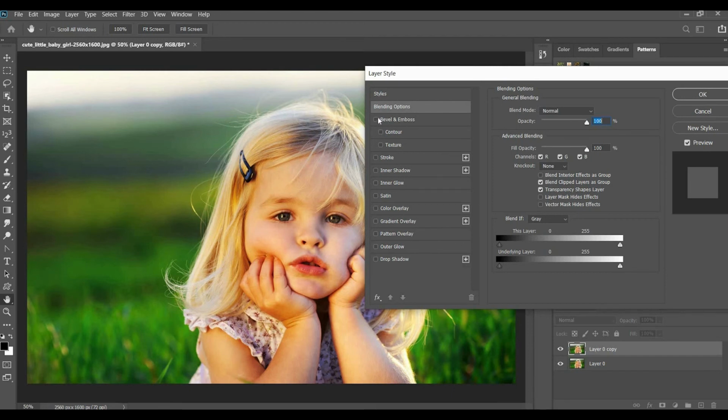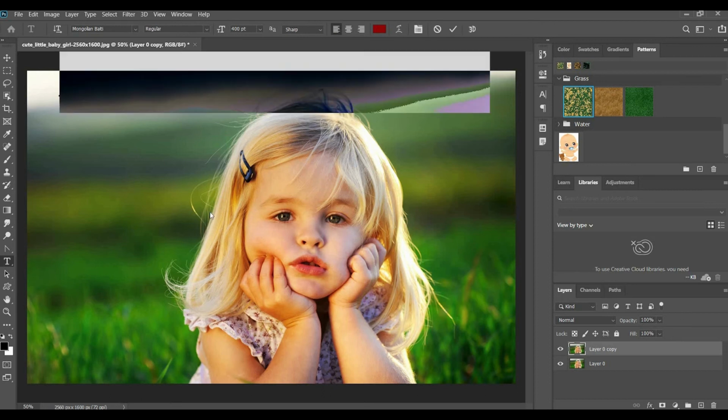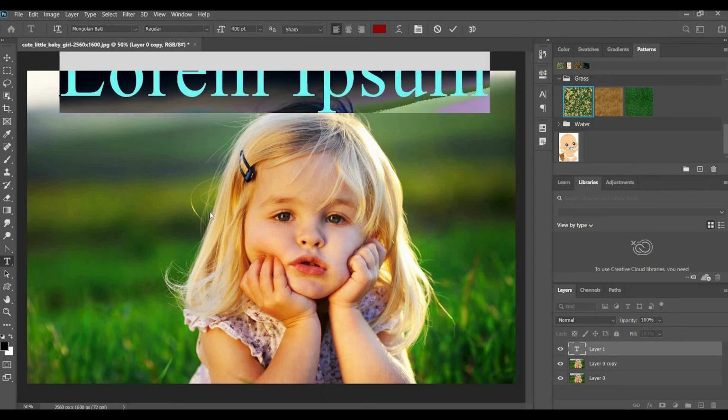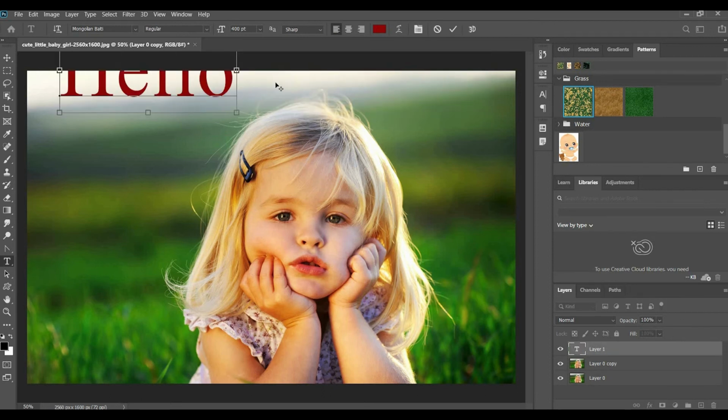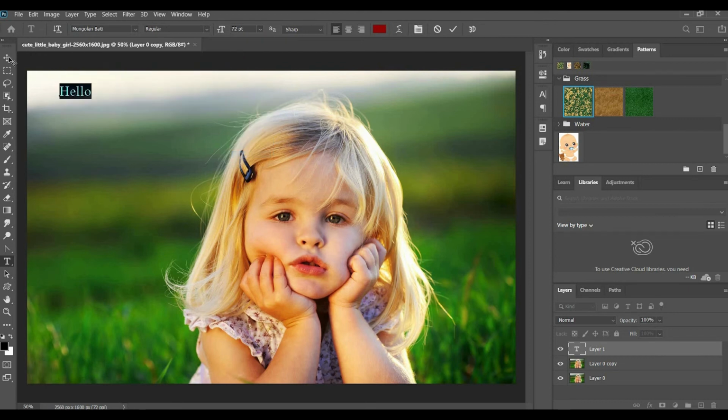Bevel and emboss. This is mainly for button-like texture. Okay, we are unable to see this here. Just I'm doing the text. Okay, reduce the font size.